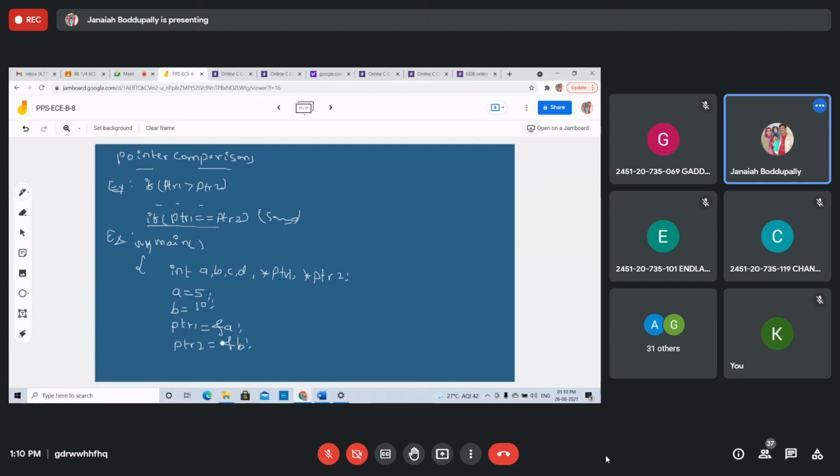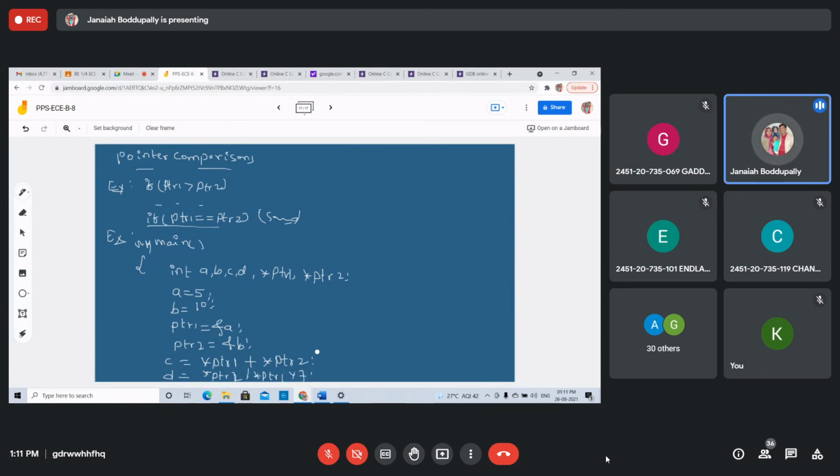Now c equals star PTR1 plus star PTR2. These are the values, the value at that address. d equals star PTR2 by star PTR1 into 7, whatever.